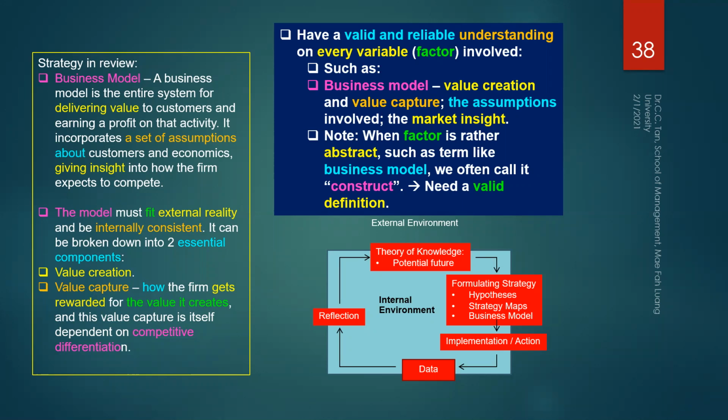So every variable, it could be business model. If it's business model, you have to define it well. What exactly are the functions of a business model? What are the characteristics of a business model? It's value creation. So how do you create the value? Innovations, why? All these are hypotheses. All these are strategy. Different people, different organizations create the value differently, even though they go through the same business model concept.